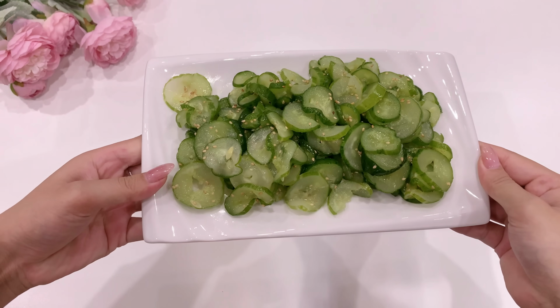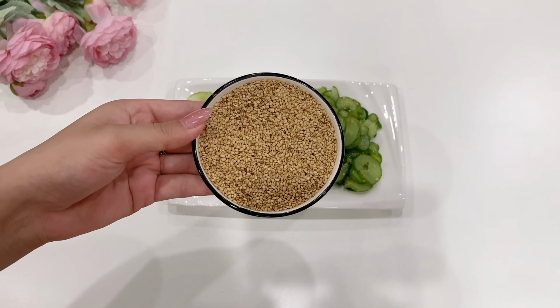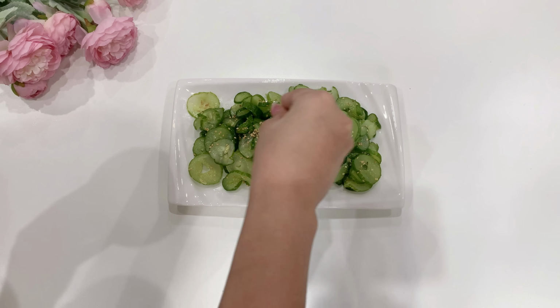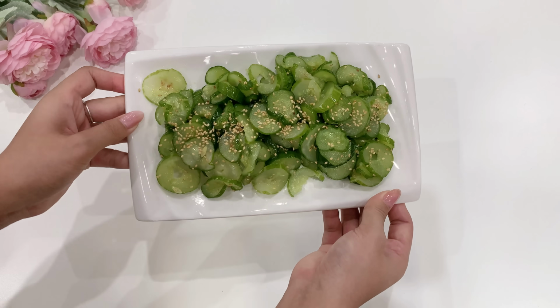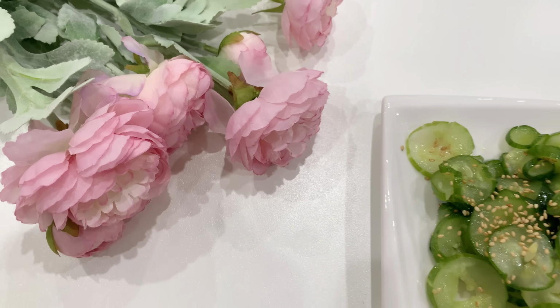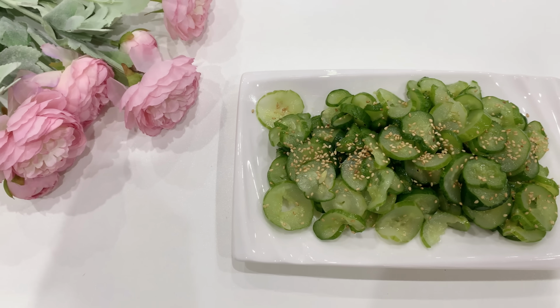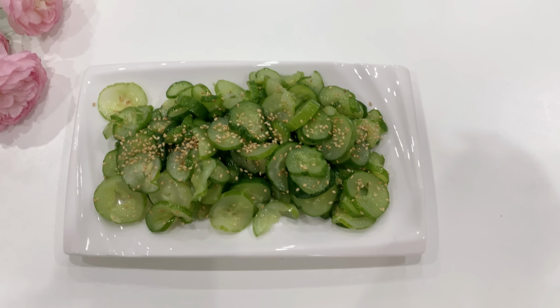Mix thoroughly one more time, then arrange everything on a serving plate. Don't forget to sprinkle a bit more roasted sesame seeds on top to enhance the aroma and overall appeal. Even though the cucumbers were previously frozen, this dish still maintains its characteristic coolness, combined with a light crisp texture, refreshing taste, and the aroma of roasted sesame seeds and sesame oil that will make you want to keep eating